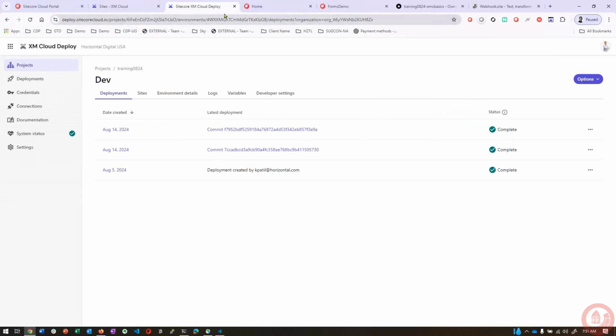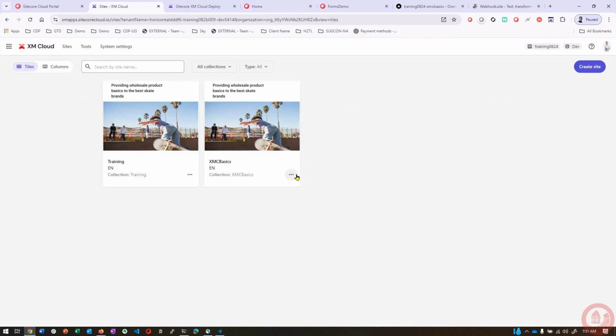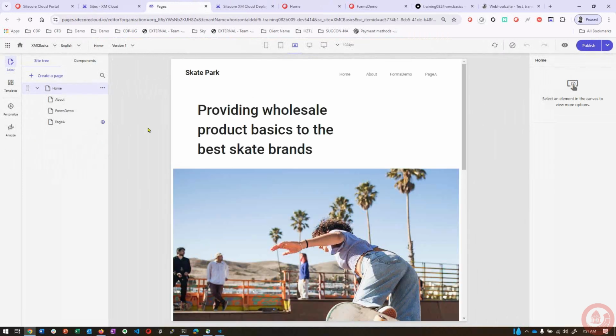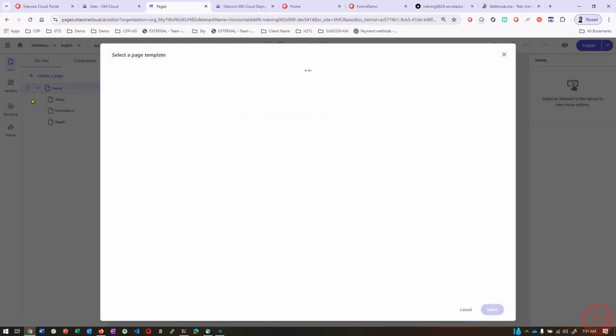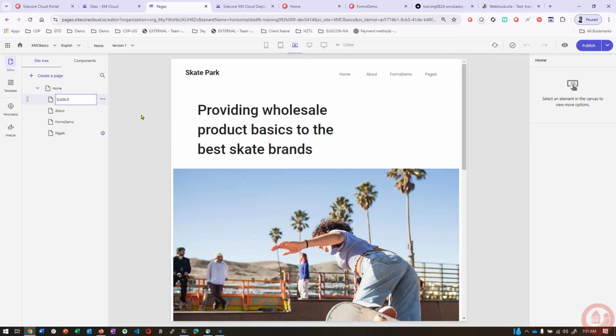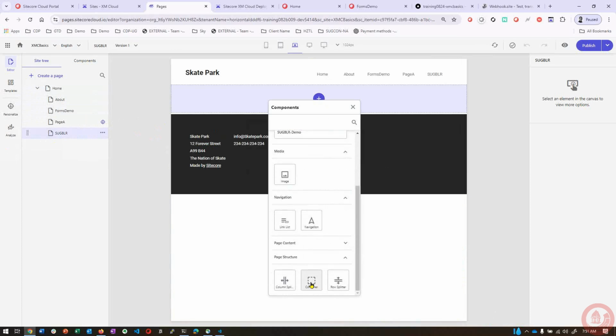Okay, so now once you have your identifier configured for your website, you can start editing pages. So what we will do is we will create a new page. Bangalore, right? Now on this page, I'd like to add